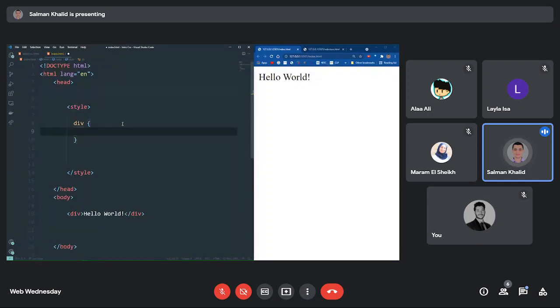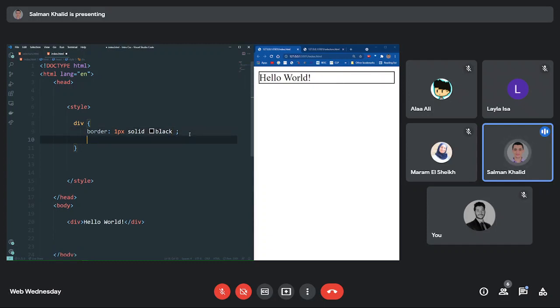if I want to edit this division and give it a border, yeah, give it a border. Okay, 1 pixel and solid. Solid here is the type of the border. Types, so there's dashed, there's dotted, and there are a lot more. So solid is the thing that you see is the solid border, and identify the color. So let's say the color I want black, for example. Okay, when I save, you'll see here